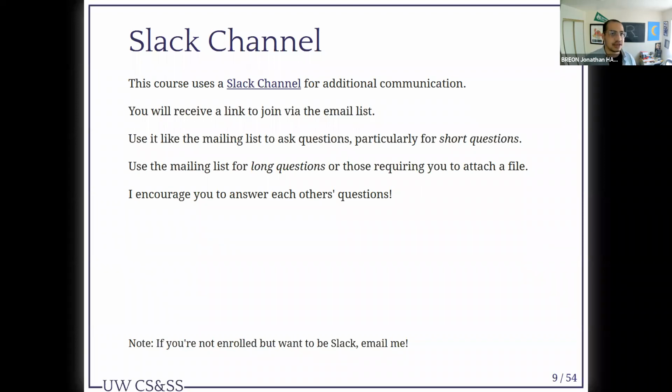One thing about the Slack I will note is that it's actually the same Slack for all the years that have taken this course in the last year or two or three. So there are people in there who took this course and now are just there to answer questions or provide some of their own questions about work that they're doing right now. So it's a very collaborative space. It's very social science centric, and it's great.